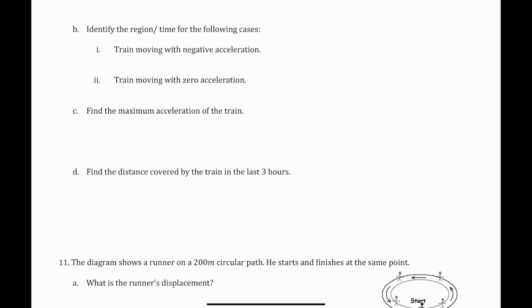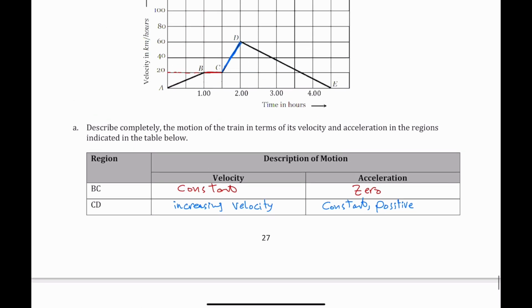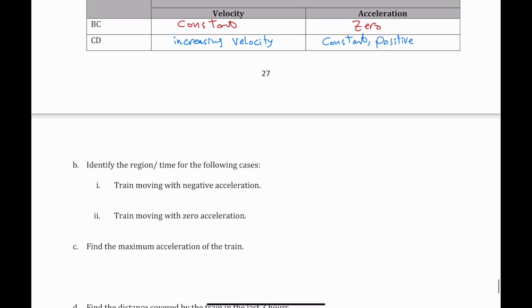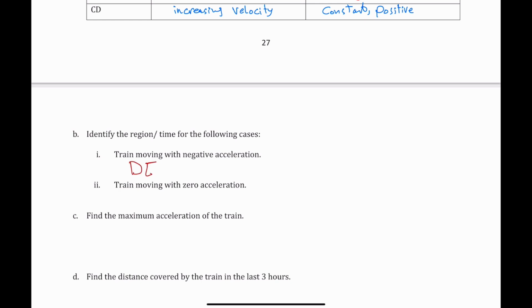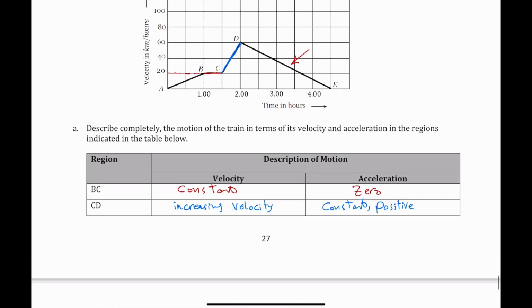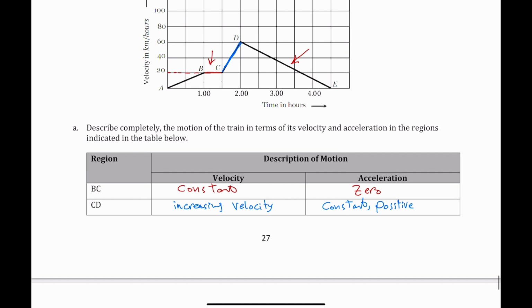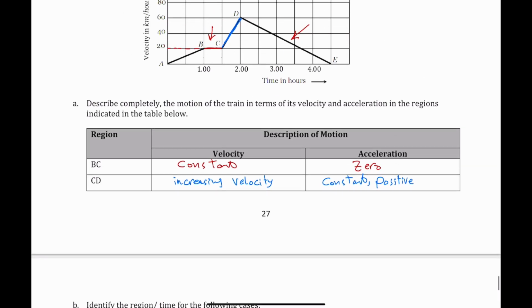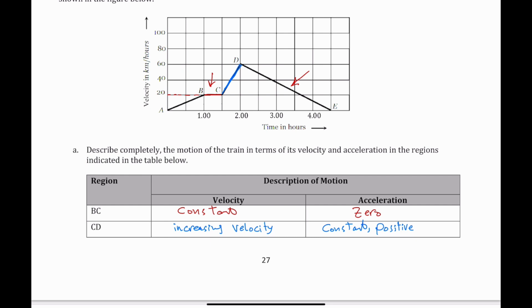B. Identify the region or time for the following cases. 1. Train moving with a negative acceleration. So let's get back to the graph. Negative acceleration is DE. 2. Train moving with zero acceleration. For zero acceleration, it's BC. 3. Find the maximum acceleration of the train. The maximum acceleration is in this region CD because it is steeper,